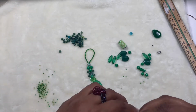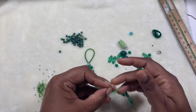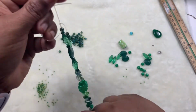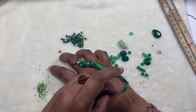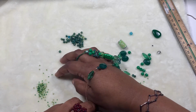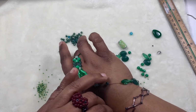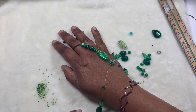A couple of seed beads, and then again I'm going to check. I'm just going to knot, just an overhand knot, and then check this bracelet. You will have to make it as per your size. Normally a standard bracelet is 7 inches to 7.5 inches. So if I'm doing this,